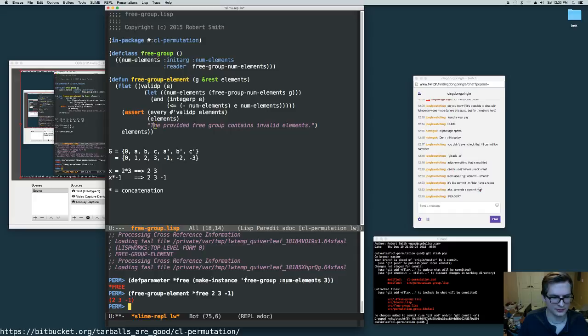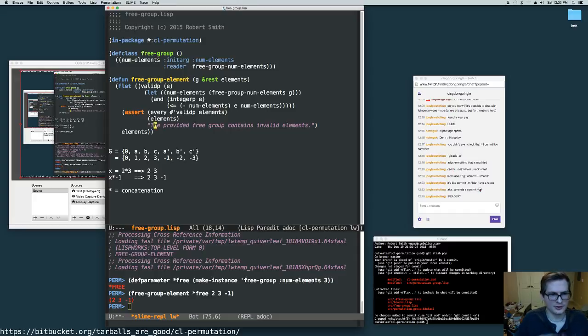then we just get back our list containing 2, 3, -1. This data structure, just a plain old list, isn't a super good one, because we can't really append to it very well, and so on. If we want to do kind of what we did here, our x times -1, we can't really do that without traversing the entire free group element. So it'd be nice if we can append to the end of the list expediently,